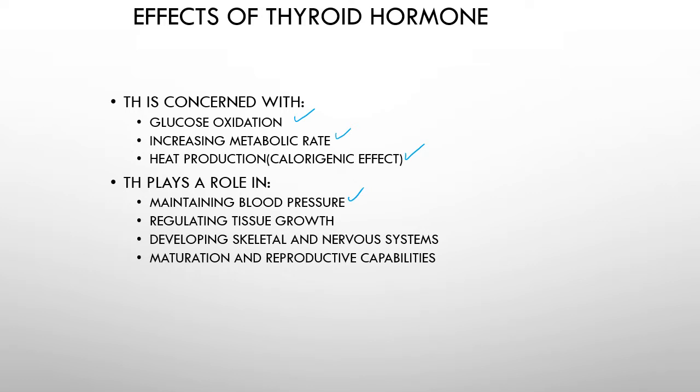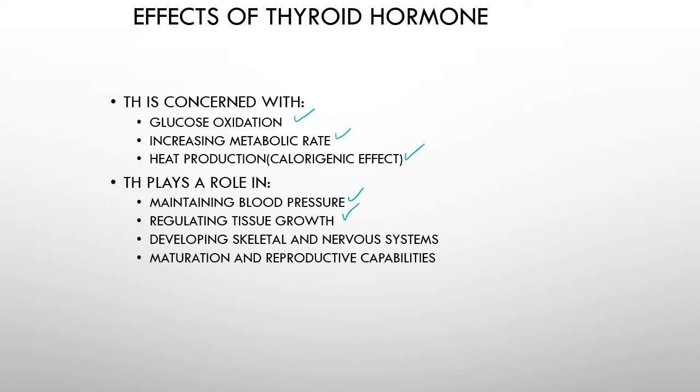It's going to be an important role, especially in developing tissue for tissue growth. So early on in development, as an embryo, as a fetus especially, that's going to play a big role. But then even after birth as well, so the two of them can have those components there. And very early on in life as well, this plays a big role in the development of the nervous system